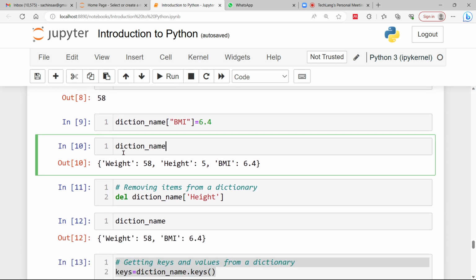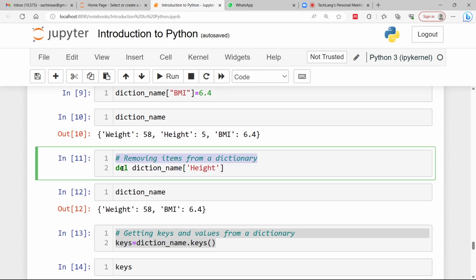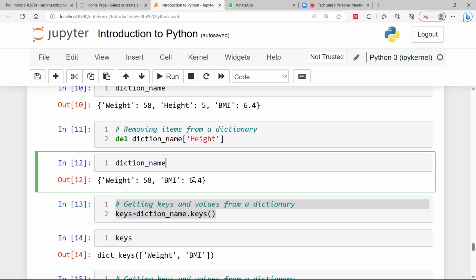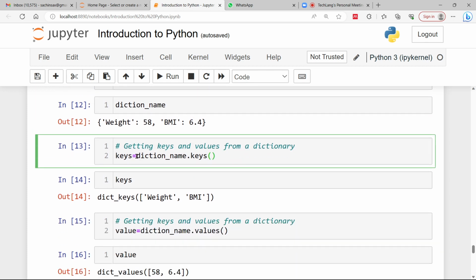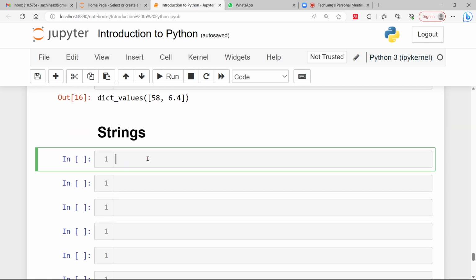Now finally this dictionary name is depicting all the keys and values here. Suppose I want to remove some items from the dictionary, I will use the del command and delete from the dictionary name, right? Finally, I'll get two remaining keys and I can get the key values using the keys and values function names respectively. The next topic we are going to discuss here is string, and we are going to